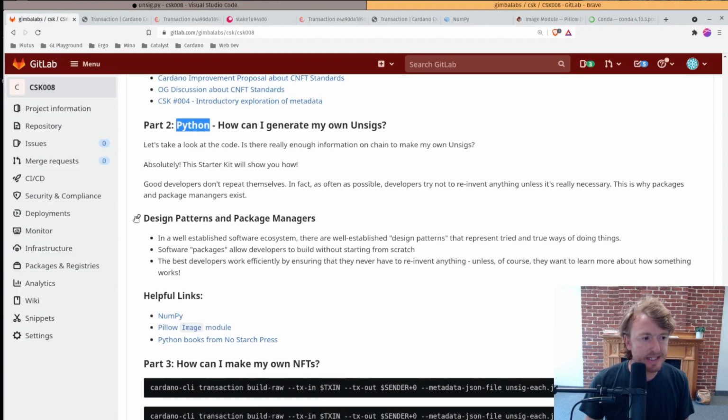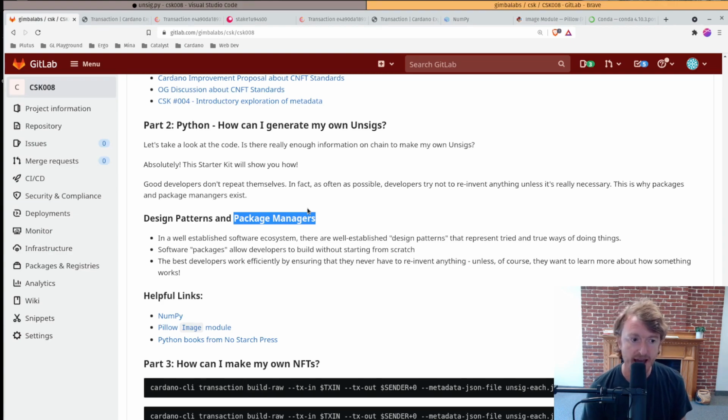Now, another concept is design patterns. And we're going to talk a little bit more about design patterns in part 3 of this starter kit. You can Google this term, design patterns. You can Google the term package managers to learn more about these. But in any well-established ecosystem, there are best practices, right? There are right ways to do things or most efficient ways to do things. And where those design patterns come from is from people trying stuff over time and establishing these kind of emergent